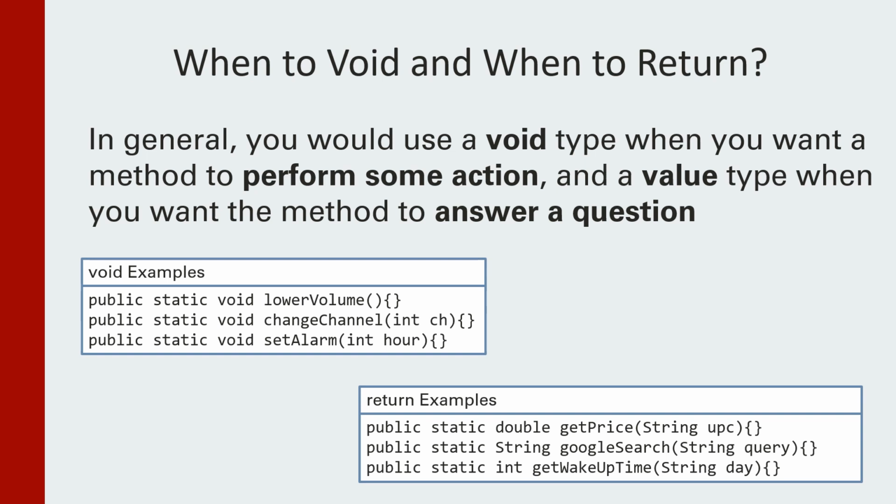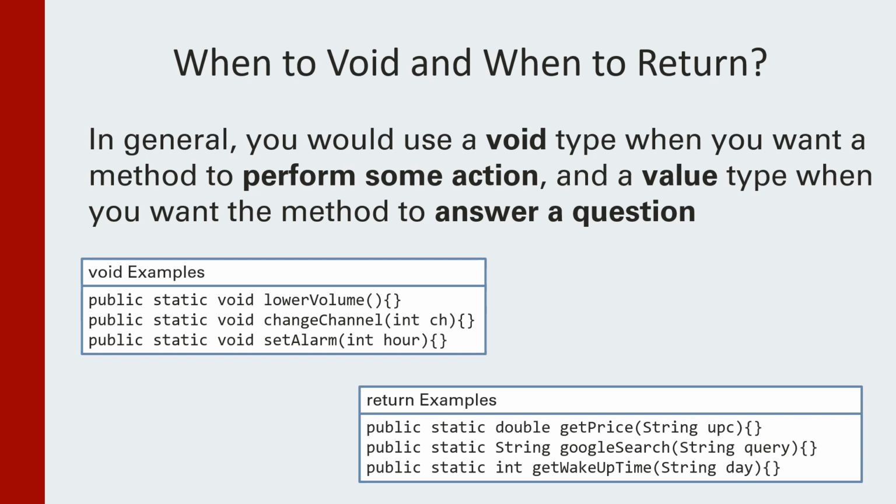You could have it do a Google search and return the results of your query. And let's say you set the alarm earlier to be set to 7 a.m. to wake you up, but only Monday through Friday, maybe something like that. And now you want to remind yourself, what time did I set it for? It'll return to you that wake up time. This might still feel a bit abstract, but this is the general idea of when you want to use void